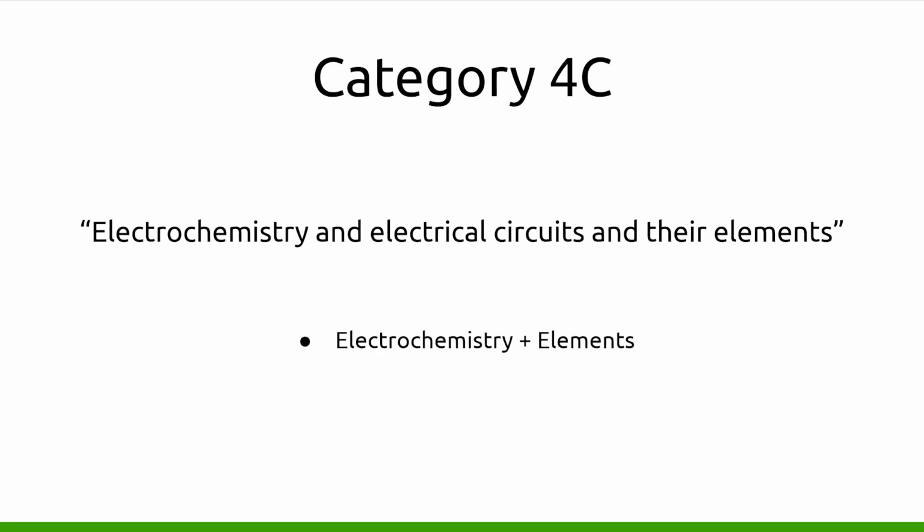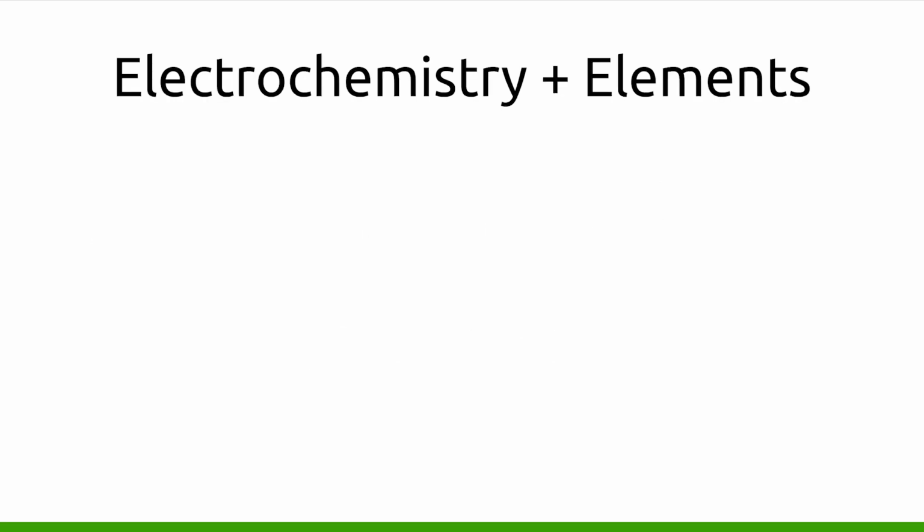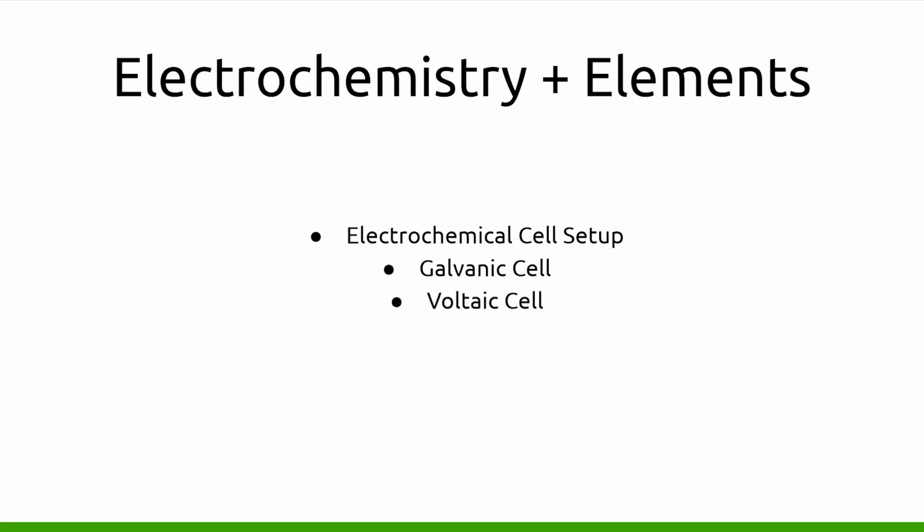4C is electrochemistry and then electrical circuits and their elements. So there's electrochemistry with their elements and then electrical circuits with their elements. For electrochem with their elements, I'm thinking about the setup of electrochemistry. So I think about an electrochemical cell, both a voltaic and a galvanic cell, the differences between galvanic voltaic cells,